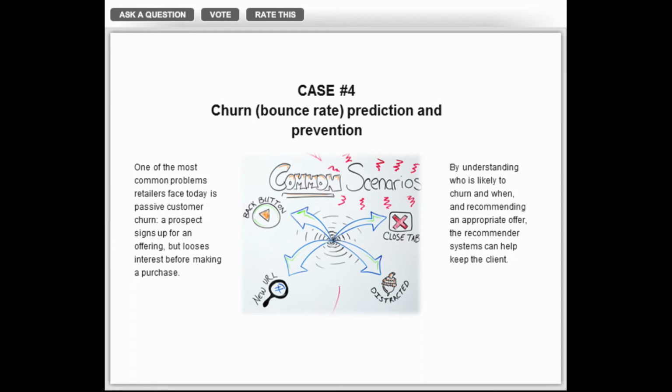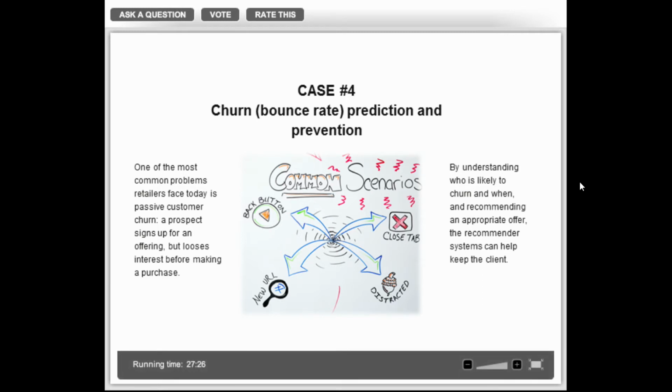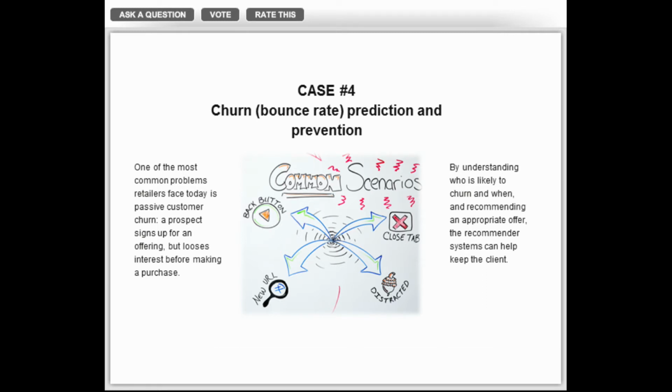So what do you do? By using specific data science techniques, you can predict when this person is going to leave the website without making a purchase. And then you can make some recommendation, whether it's some bonus or a $5 gift or a 5% discount. There is an action that you can take to turn this person who's going to leave into your customer. That's a combination of data science techniques and recommender engines.